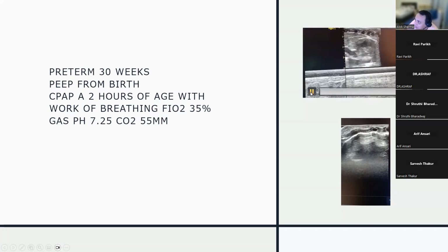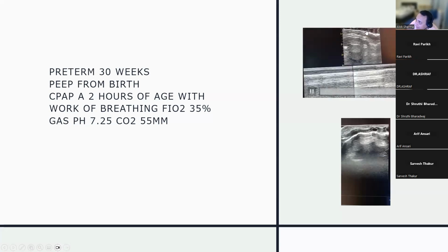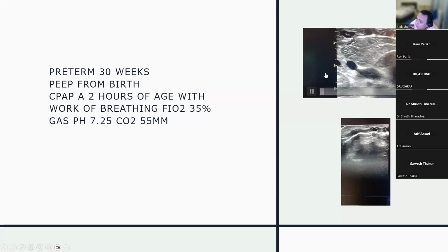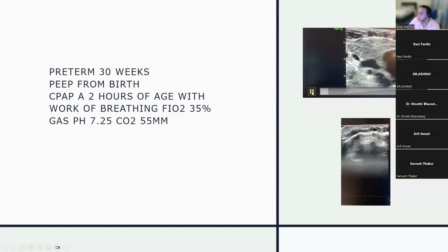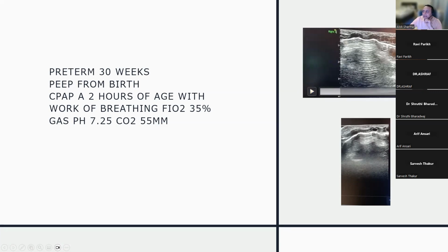Now, it's only seen in R1. And when I actually move to R2 and R3, as I move, I can actually see sliding and we evolve into a seashore sign. So actually, it's a very small anterior pneumothorax, and R3 and R4 actually have sliding with seashore sign completely. So it's an anterolateral kind of an image where I've got what is an A dash profile in R1. So this area over here is where we can't see good sliding. And this is the area where when I do M mode,